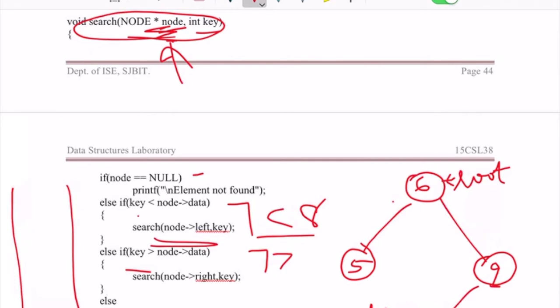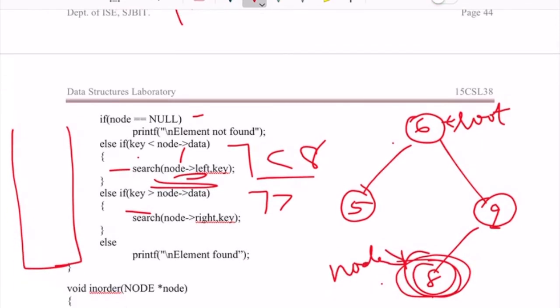We are going to call the search function again by passing the value which is to the node's left. So as you can see, there is nothing to the left of this particular node. So since there is no node to the left of this particular node, the node's left value would be null.